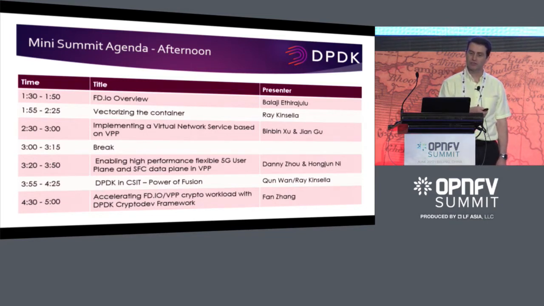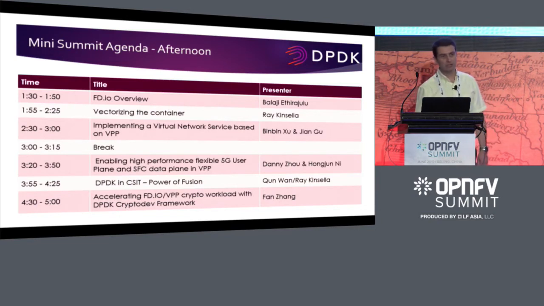And then Anna is going to talk about DPDK and CSIT. So CSIT is the test automation framework, the test automation project within FD.io. There's been a lot of work done, obviously, to enable VPP testing, but recently there's been more focus on adding testing for some of the other FD.io projects. Anna has been involved in contributing test cases for TLDK, for example, and also some DPDK tests in there. So Anna's going to talk about that engagement in the CSIT project and trying to make it a more complete test suite, I guess, rather than the initial focus more just on VPP.